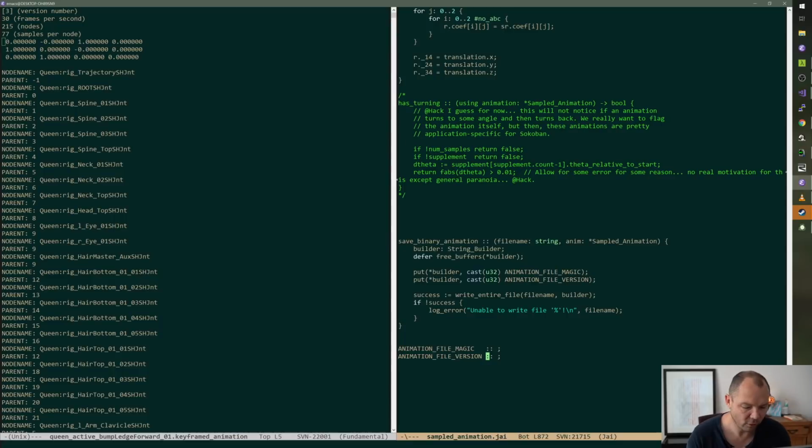Okay, well, file version is 1 right now, and we're probably even going to increment this over the course of our work. We already use simp as a magic number. Let's just use anim with a capital A. That's maybe less likely to collide with people. We're going to go run